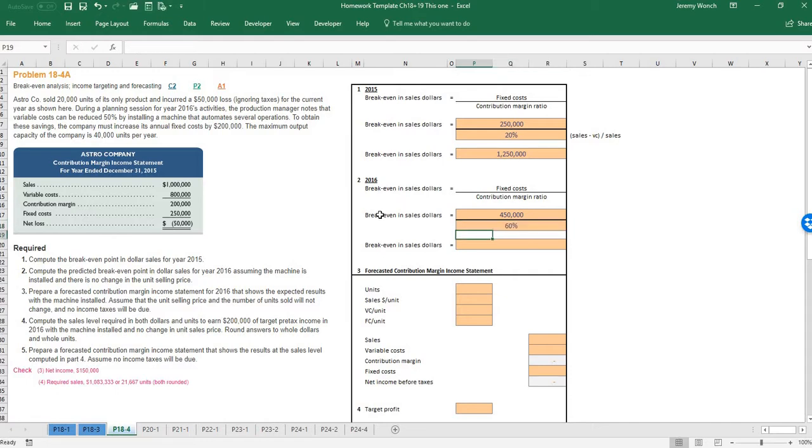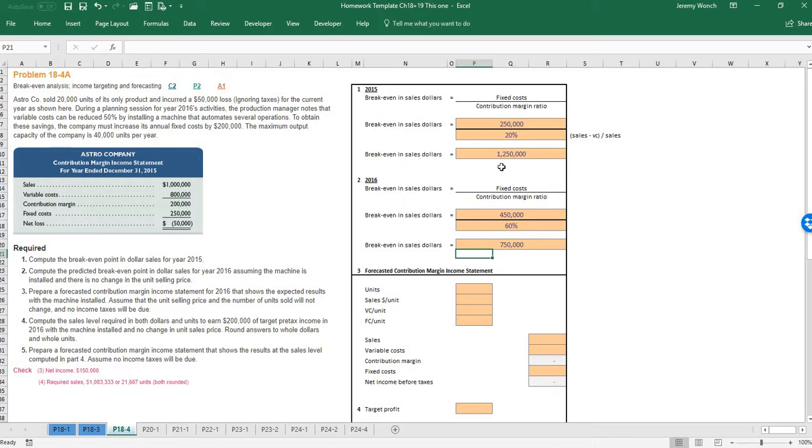So now that increases our contribution margin up to 60%. That is a good deal. Let's see if that helps us out here. So now our break even in sales dollars is $750,000. So, based on this scenario, if we can do 20,000 units, so we're not going to have a drop